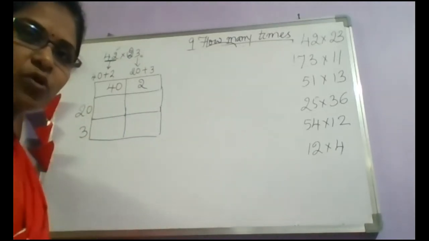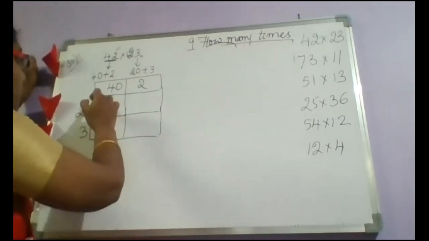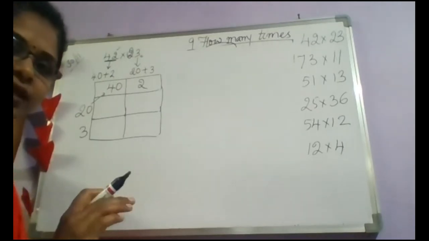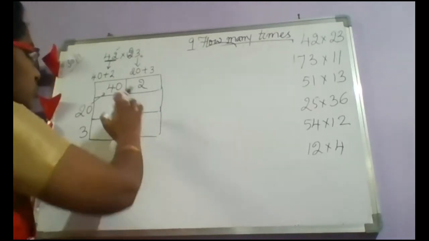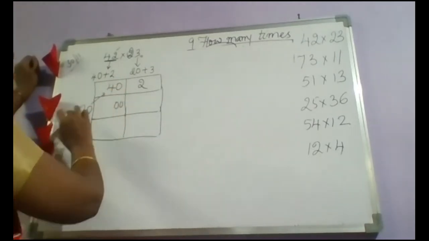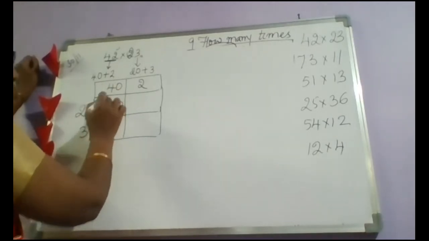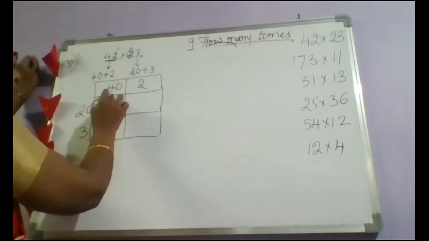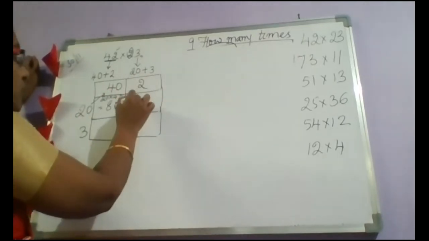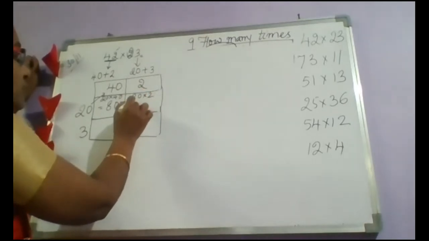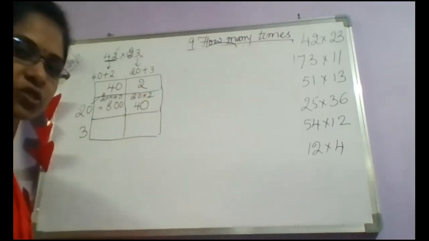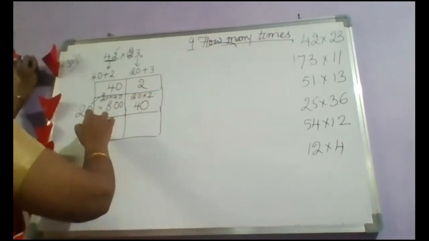Hope you understood. Now, first you have to multiply these two: 20 into 40. This is very easy. You will get all these numbers in tens only, so you will definitely have zeros. See how many zeros you have, write that number of zeros, and multiply the given numbers. 2 4s are 8, so you get 20 into 40 as 800. Simple. Next, multiply with 2: 20 into 2. Here also multiply the two numbers: 2 2s are 4, and write as many zeros as you have. Next, 3 into 40.